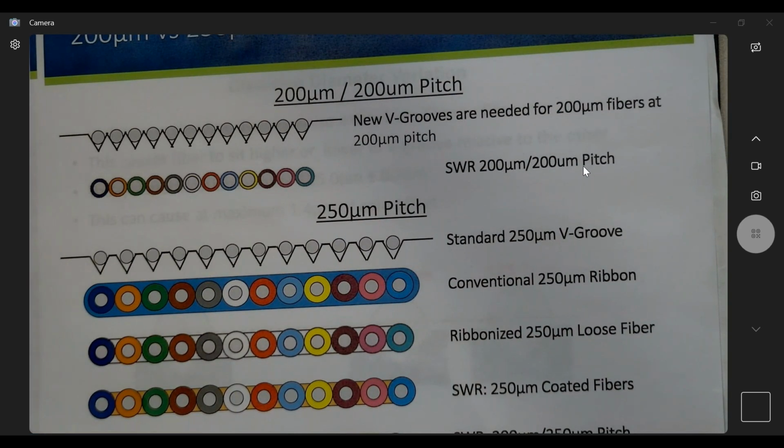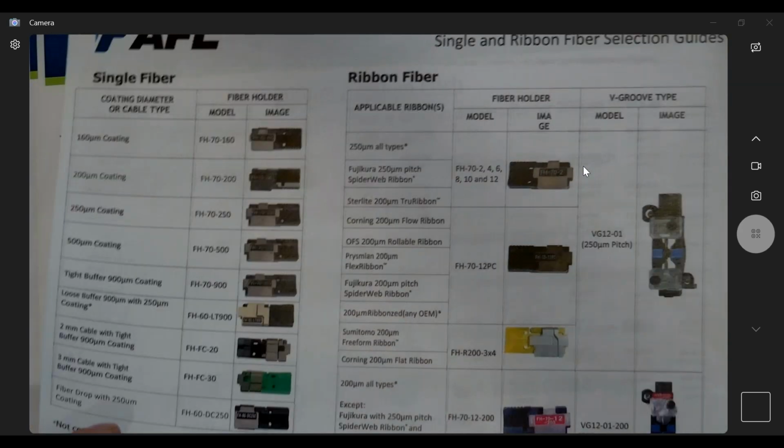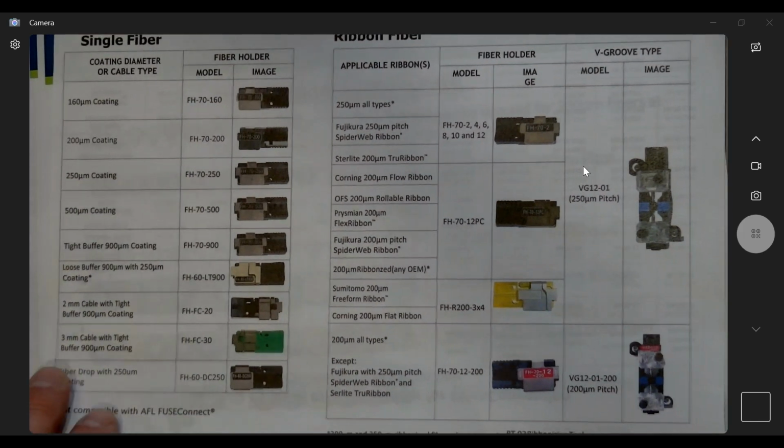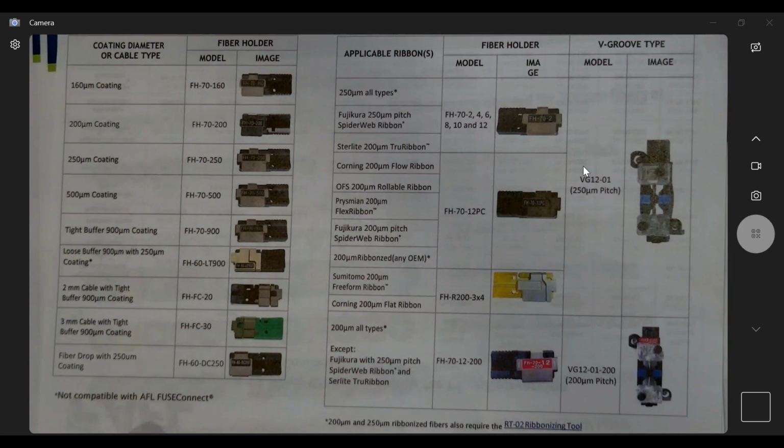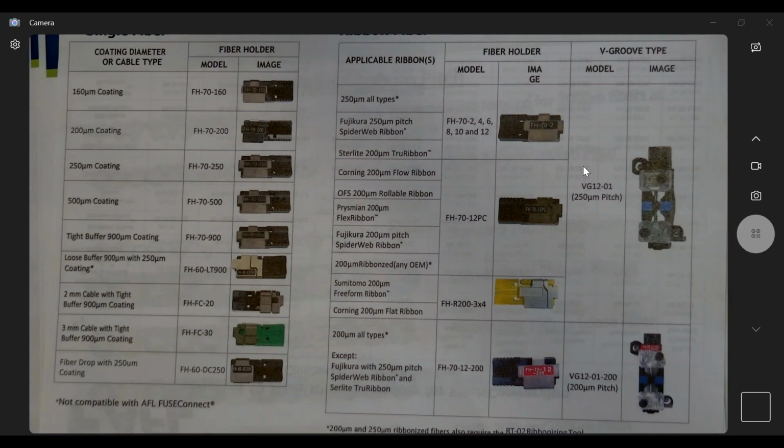Talk a little bit about fiber holders and various fiber holders available in the industry. This is just a small sample. This is AFL Fujikura's offering of fiber holders in the 250, 200 micron range for 12 fiber. We have actually moved to producing a V groove for 16 fiber, 200 micron pitch spacing. So there's a lot of options down here, and that's where you have to do your homework on the front end